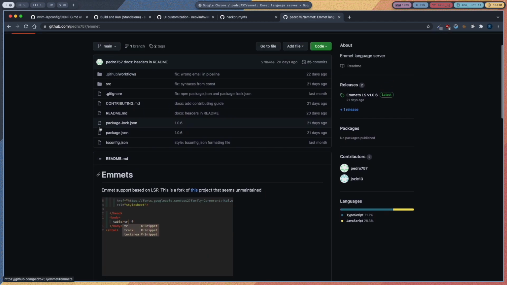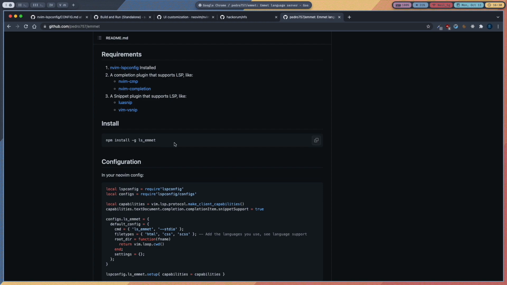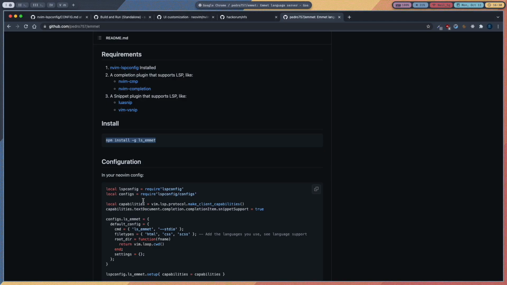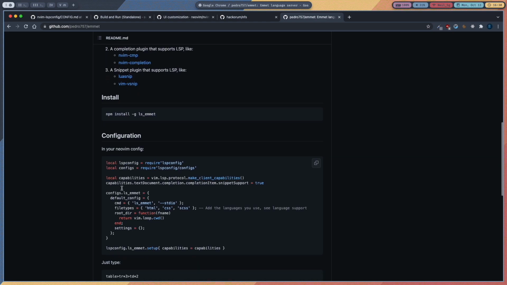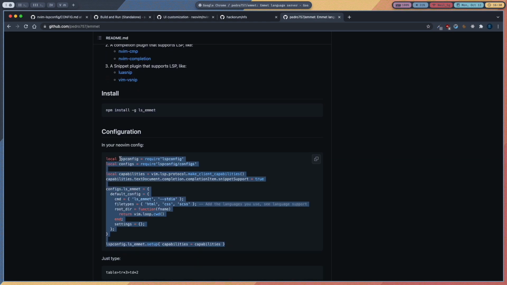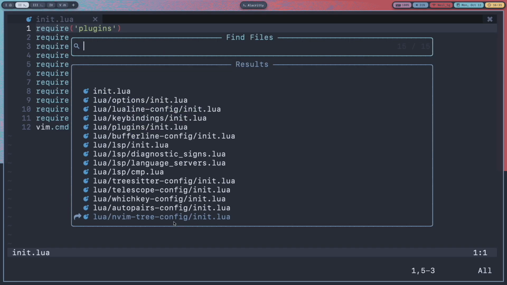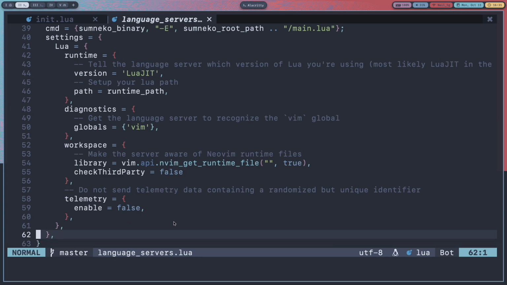So we are going to use this one, and you need to install that by doing npm install -g ls_emmet, but I have already downloaded that, and again I have to copy this part and then go to my init.lua file, then language servers.